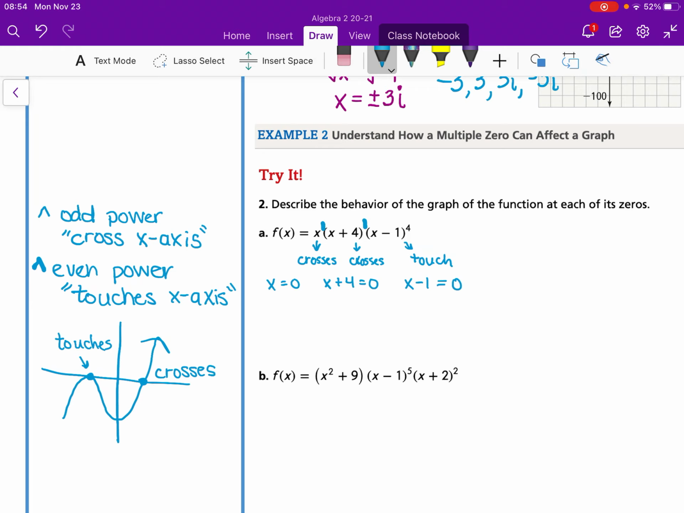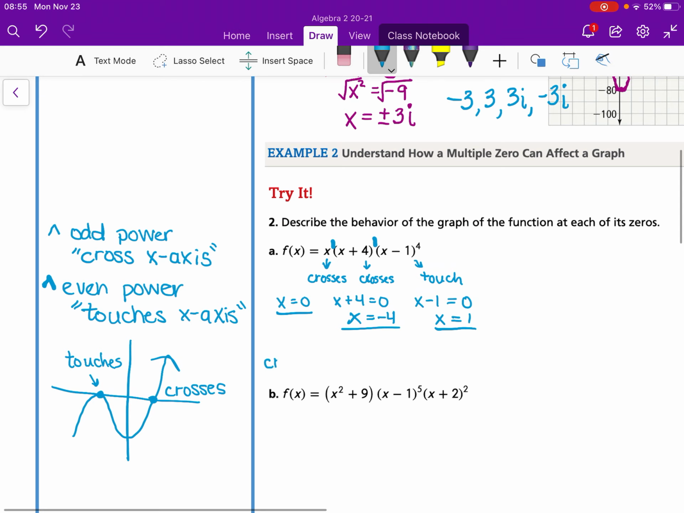Hopefully you notice that those are really easy problems, like this one's done. So x equals 0. This one is x equals negative 4. And this one is x equals 1. Okay? So when we describe the behavior at the zeros, we say that it crosses at 0, crosses at negative 4, and touches at 1. So let's look at that